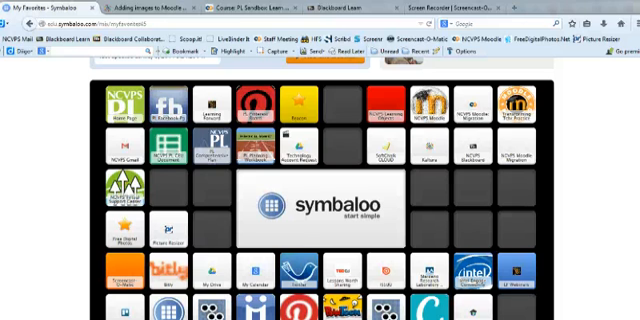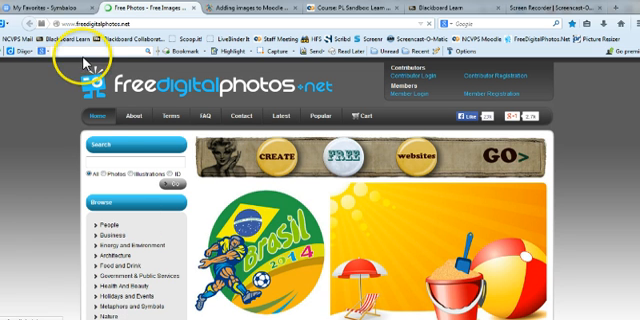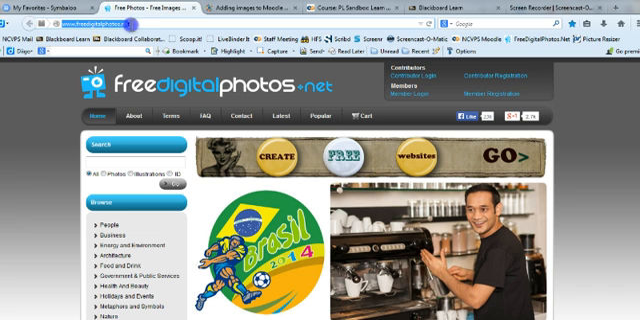So the first thing we're going to do, incidentally, this is my Symbaloo board if you're looking for a visual way to share resources. Great tool to use. I'm going to use these two links. One is called Free Digital Photos, so let me click on it. It's going to open up to this URL here, so you can see it,